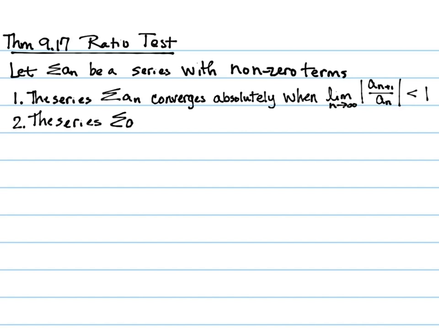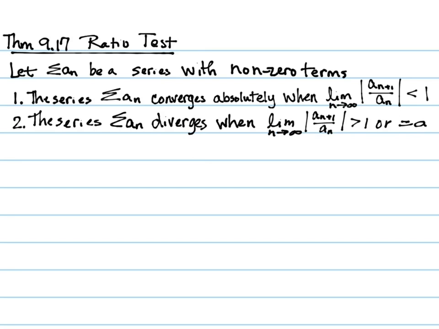The series, summation of a sub n, diverges when the limit as n goes to infinity of a sub n plus 1 over a sub n is greater than 1 or equal to infinity, which is technically greater than 1, but your book expresses it in both ways, so I decided to keep with what they did. And then the third option